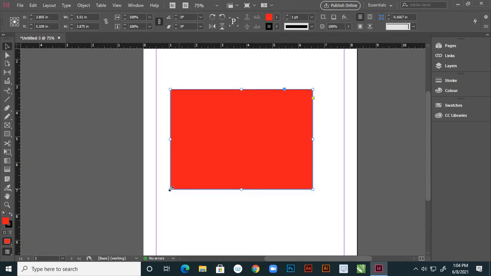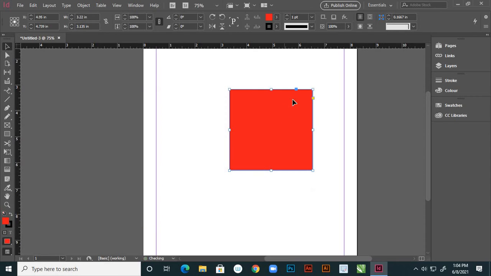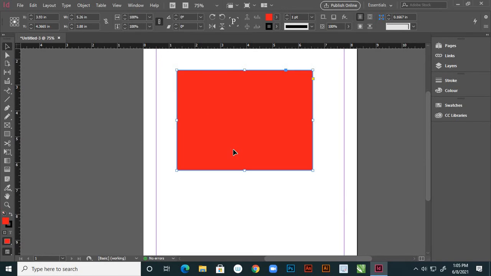Now the left lower portion I'm stretching. This time the right top portion is fixed at this point. And again I'm using the top left, so the right bottom portion is fixed, same as in Illustrator, right?